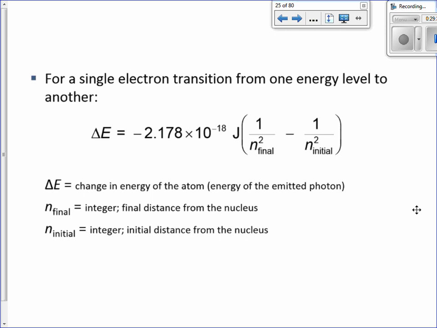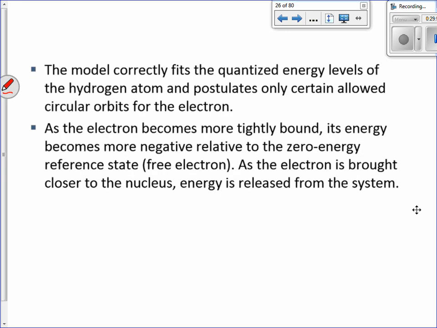Okay? So the first thing to do, though, is realize that your final is the last destination where the electron is. Your initial is where it started. Okay? So if we're looking at some examples here,